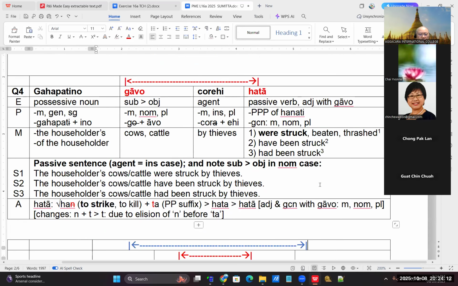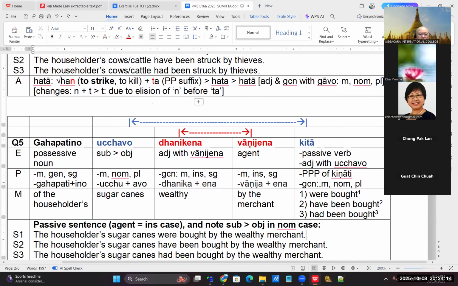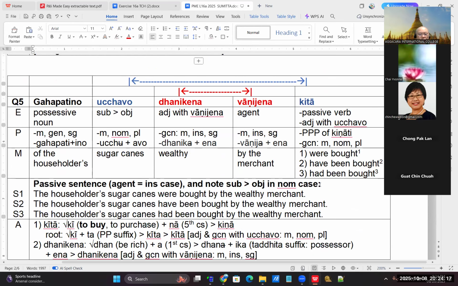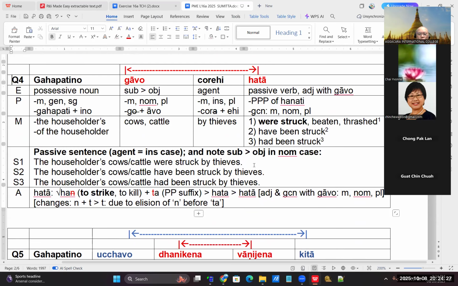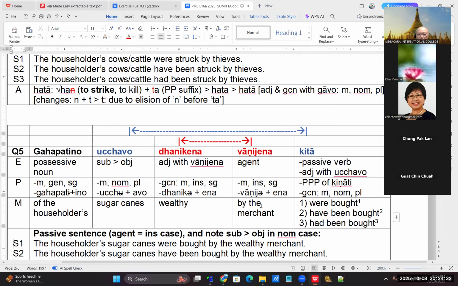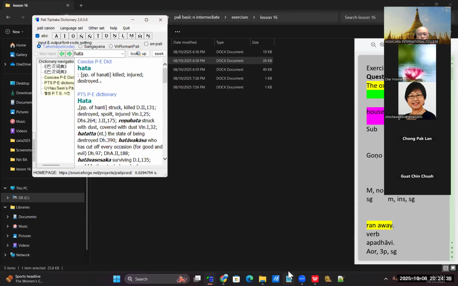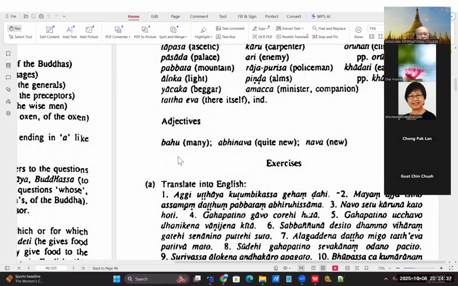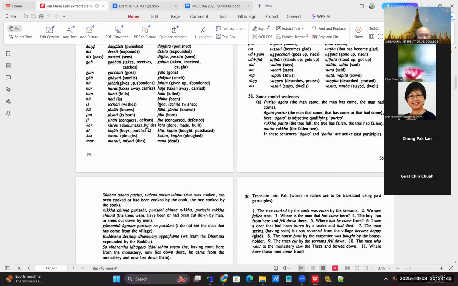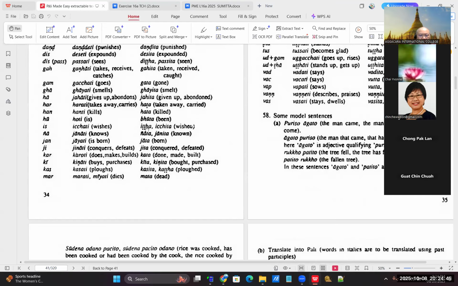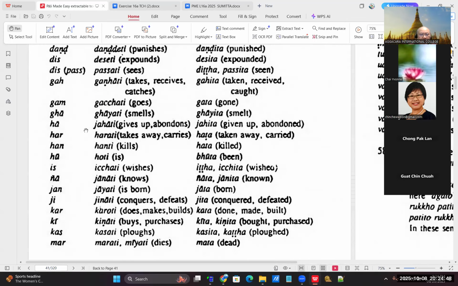Okay, next one. Question number 5. She has to use the root han in order to get hata. She needs to check, not the har, so pay attention to the dot or no dot. Do you see this root and this past participle in lesson 15? There is, right? Yes. But I didn't pay attention. You also made a mistake on one word in lesson 15.